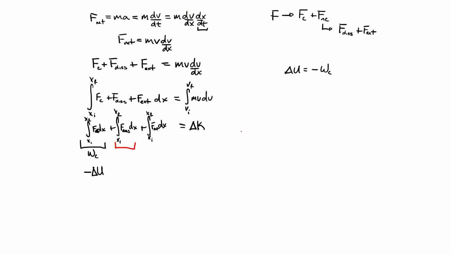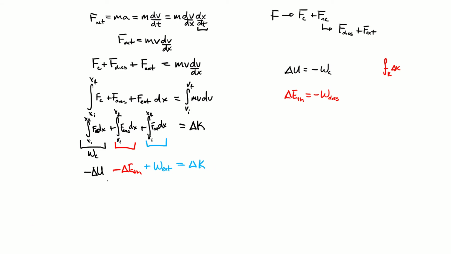For this dissipative force, that change in thermal energy that we defined was essentially negative the work done by a dissipative force, right? If you recall, we used it for friction, and it was Fk times delta x, which was negative the work done by that dissipative force. So this is going to be negative delta E thermal. And lastly, the external forces, these are the forces that are applied from outside our system. This is just the work done by those external forces, right? And all of this is equal to delta, the change in kinetic energy.